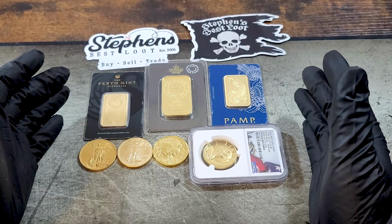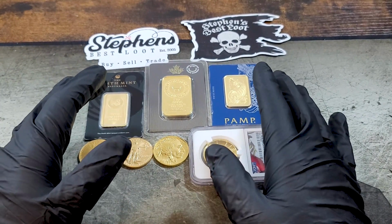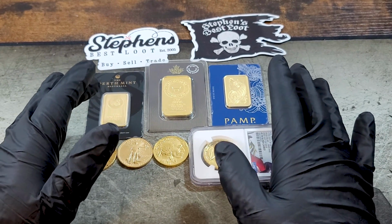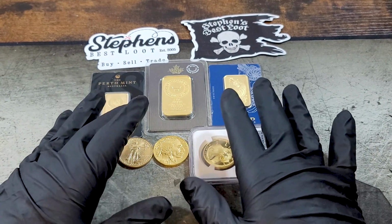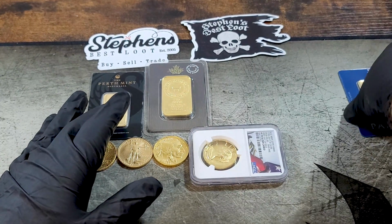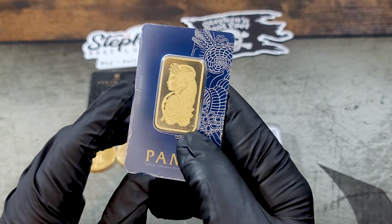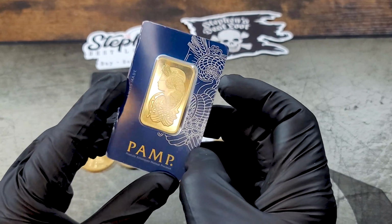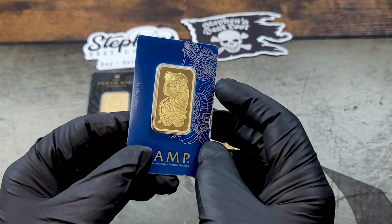So if you're not in that kind of position, then that probably means fractional gold is the better way to go. I would save a little bit of money for emergency expenses and buy some fractional pieces. But if you can afford to get some 1 ounce gold, your premiums are generally going to be a lot better. For example, a 1 ounce gold bar like this right now is selling in the high 1800s to low 1900s. So let's just say $1,900 for a 1 ounce gold bar,